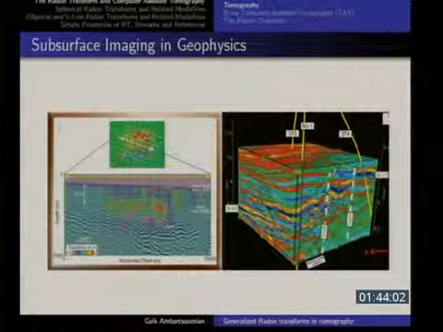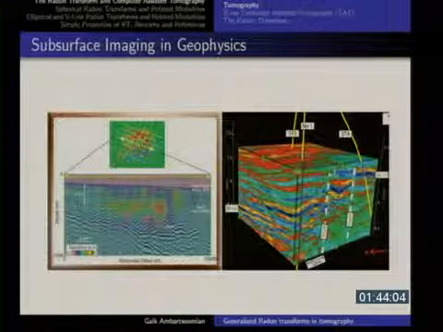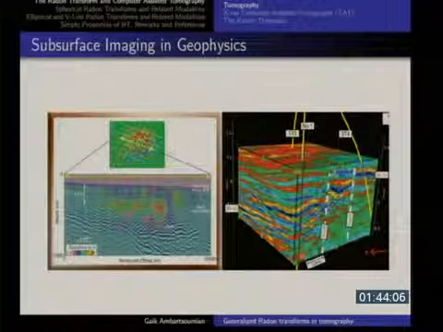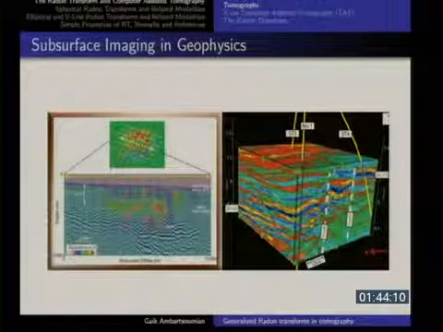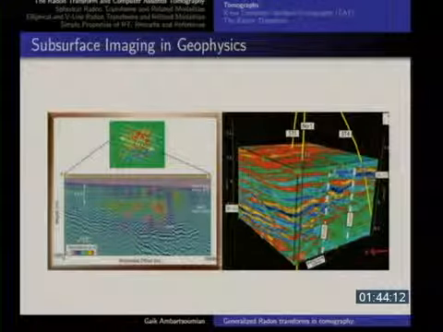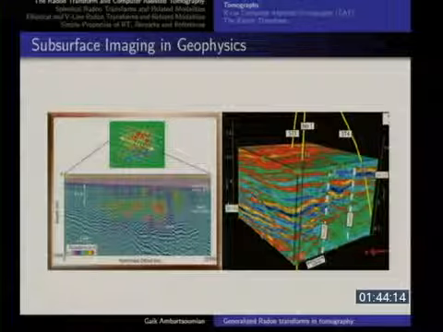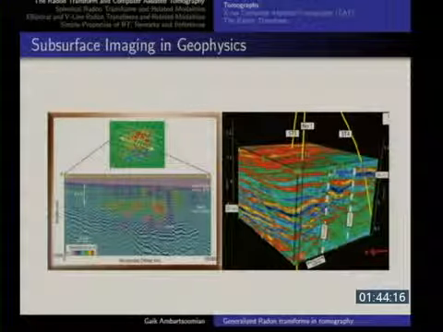And they had this array of microphones sitting all around my city, and they were collecting basically the echoes. And then using that, they were trying to come up with an image like this to know where exactly they should go and drill, because drilling holes is very, very expensive.